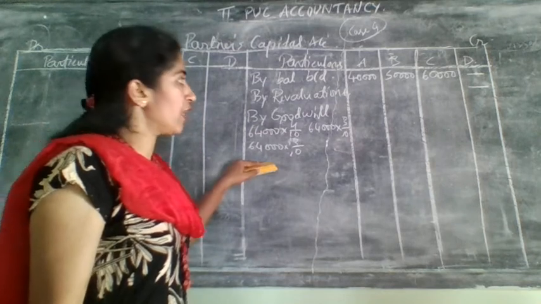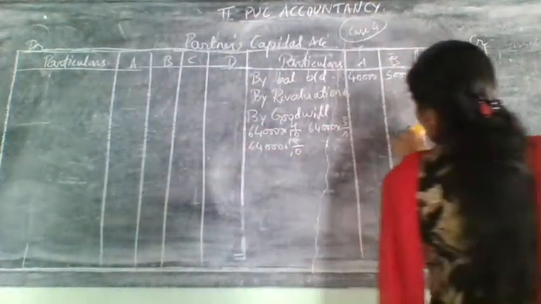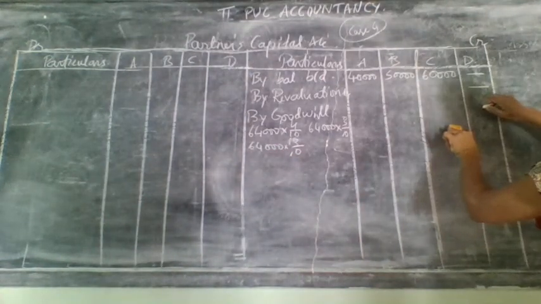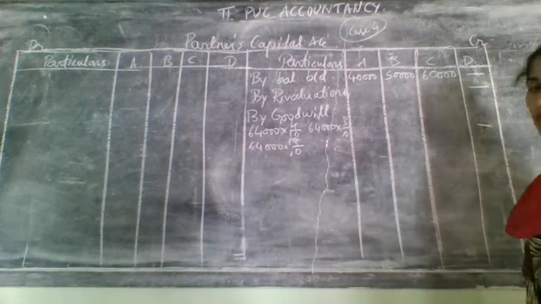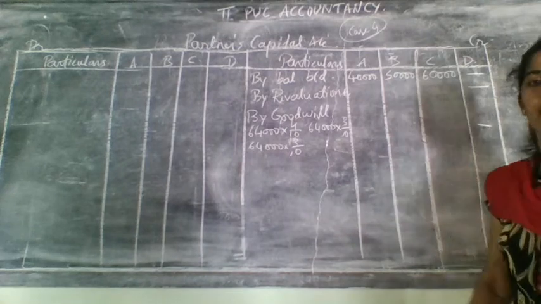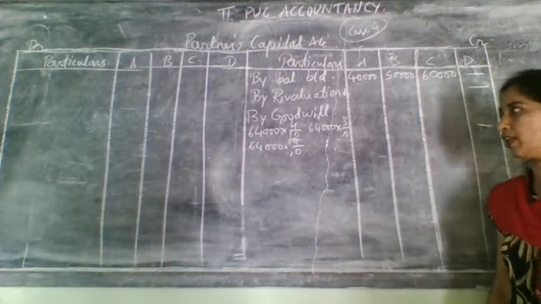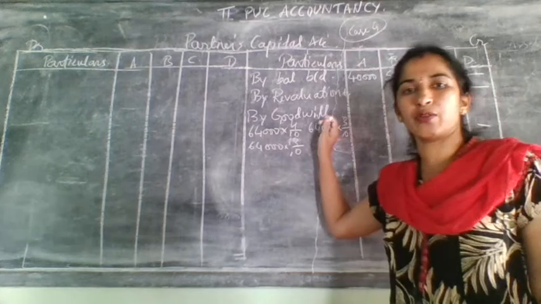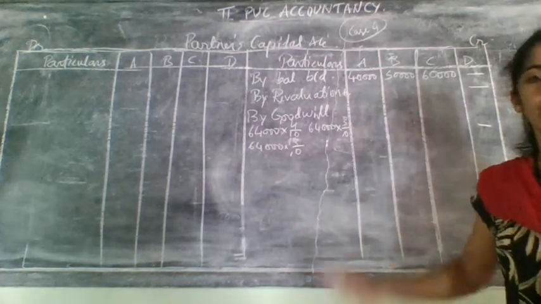Check how much it will come. Write for 1, 2 and 3 persons. And who is not having entry? Last partner will not have any entry. Only for 3 you need to write that value. Which one? Goodwill. Goodwill should be distributed among the old partners in the old ratio.